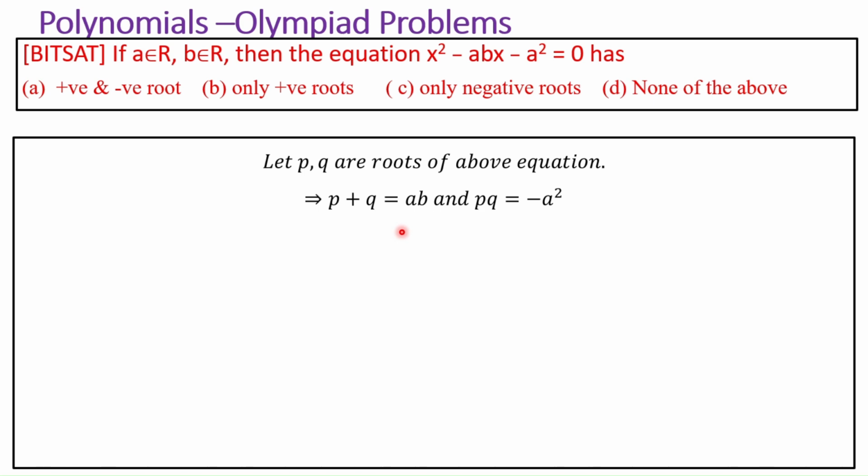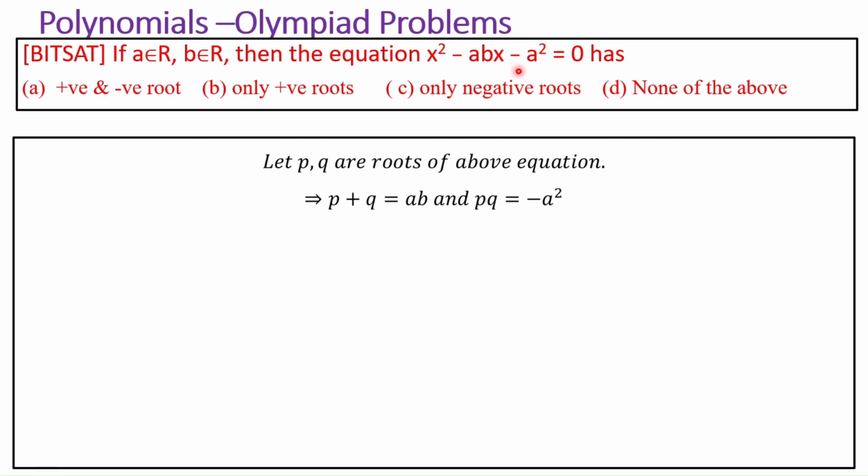Correct? This is all we need. We understand from this equation, right? But if you carefully look at a square, if a is a real number, a square is always positive. Correct? A square is always positive, and minus a square is always negative. Correct? You can't get a negative term from a square which can negate the negation minus here. Correct? So minus a square is always negative, which means pq, the product of two roots, is always negative, which means